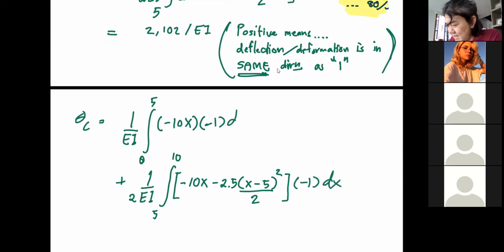Oops, forgot the dx here. Okay, and play some calculation music with your calculator. In the end, you would have the answer equal to 338.5 over EI. Again, this is positive, which means